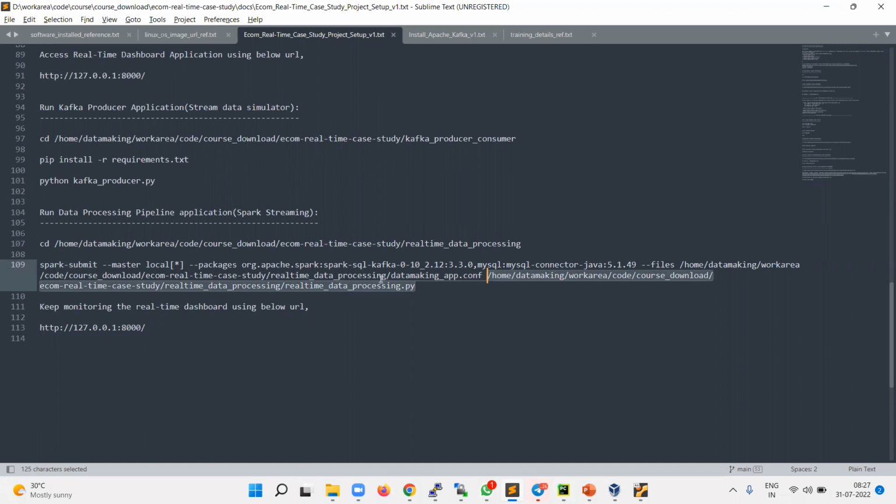So we are using Kafka. We are integrating with Kafka and MySQL, so we need to provide the connection information for these two frameworks or components. To connect to Kafka, we have to use the Kafka connector. For the Kafka connector, there are two ways. Either whatever the connector jars,